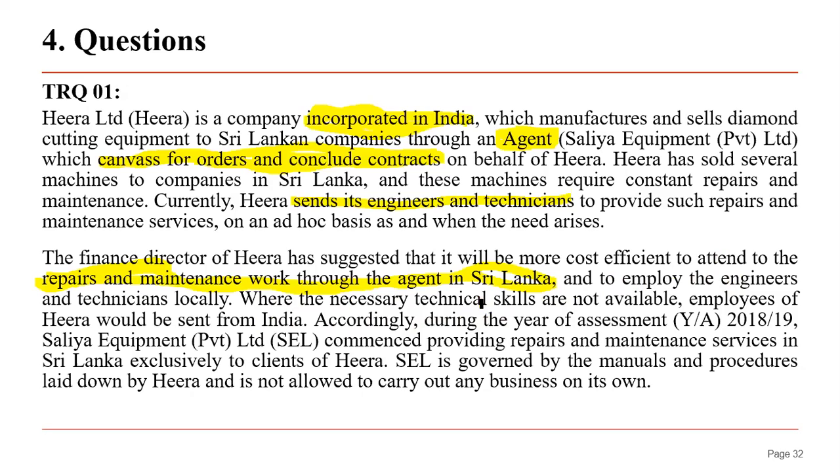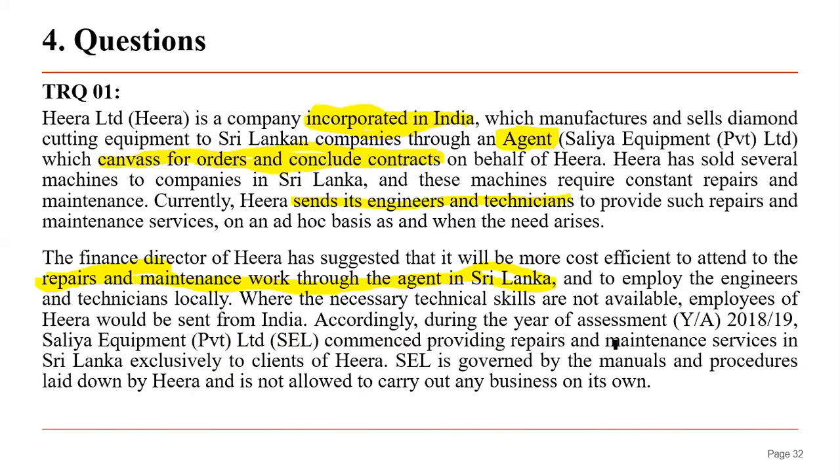Where the necessary technical skills are not available, employees of Hera would be sent from India. Then if it is a big issue, kind of machine repair, then they will send the Indian technician in order to sort it out. So accordingly, during the year of investment 1819,